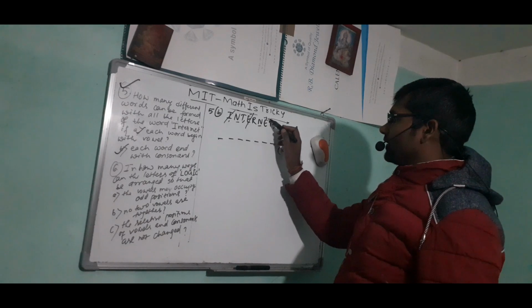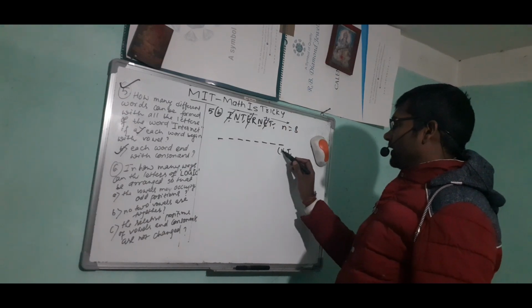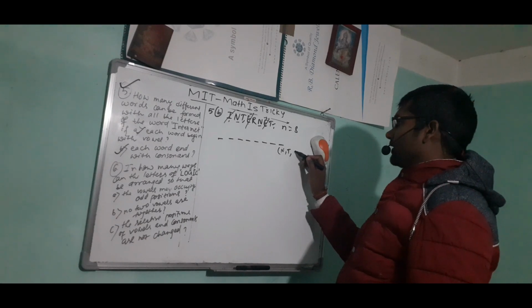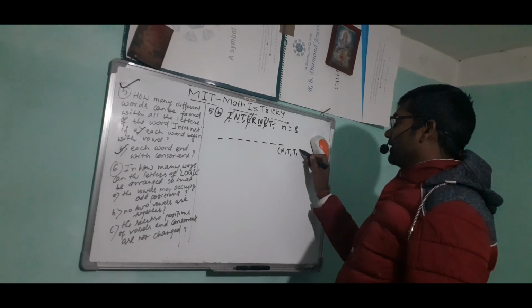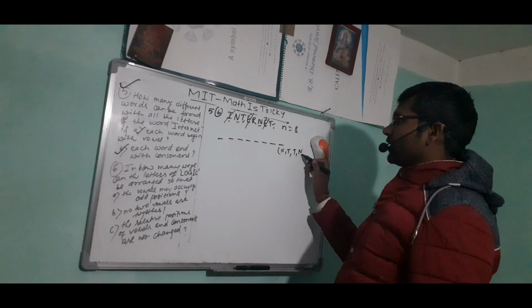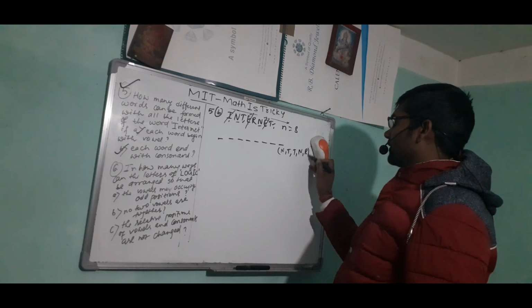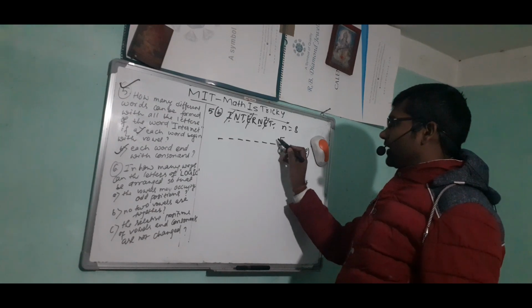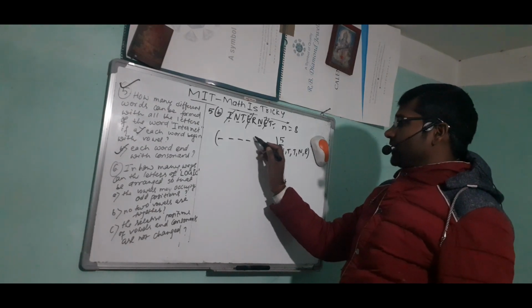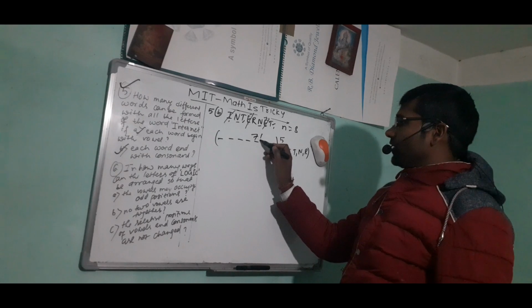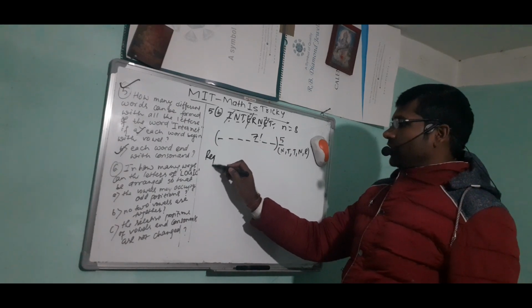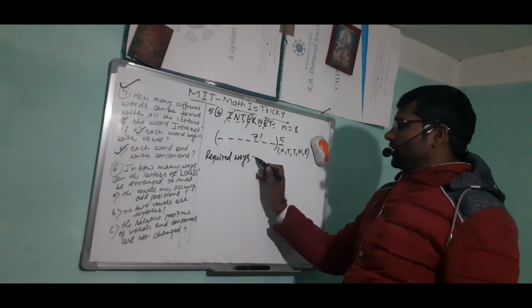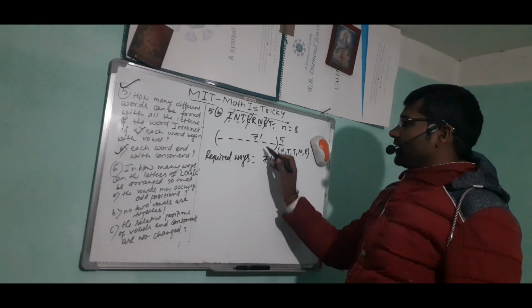I, E, E not allowed. So N, T, and then it will be how much? So again, maybe T, maybe N. Okay, so maybe R. These are just 1, 2, 3, 4, 5 choices remaining here. Again same as before, so it is 7 factorial. So required ways will be 7 factorial and